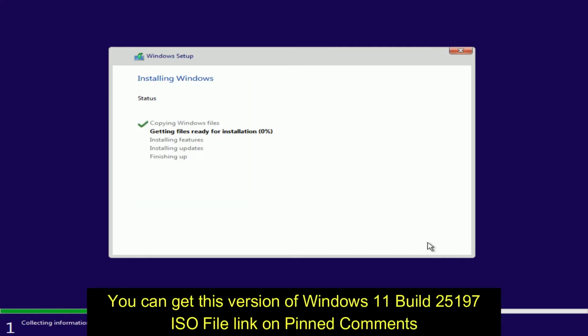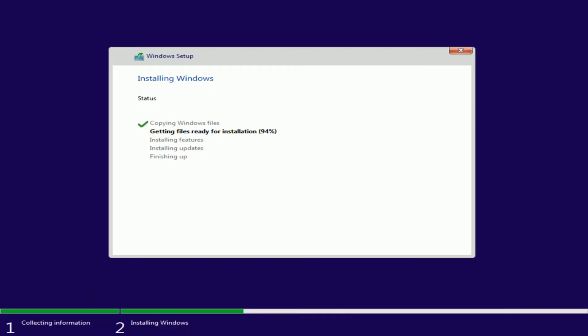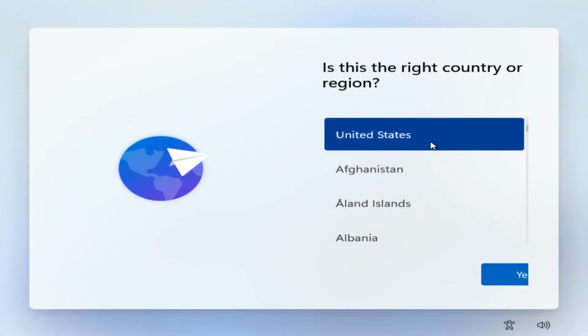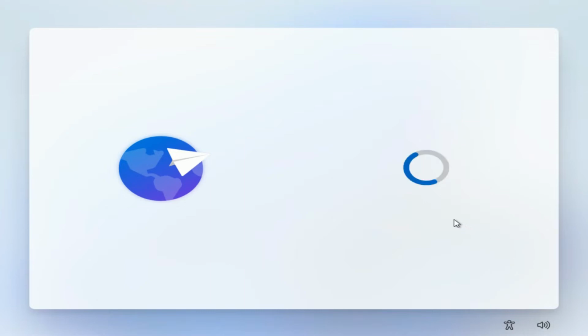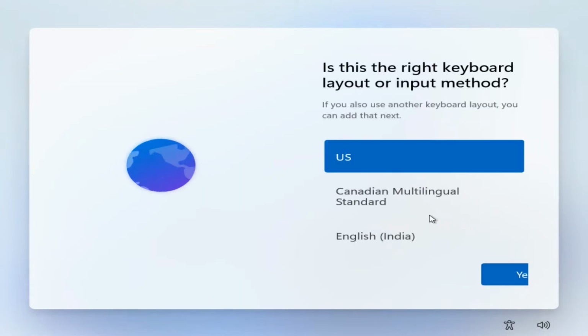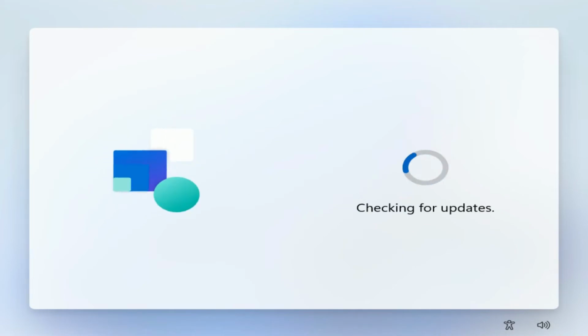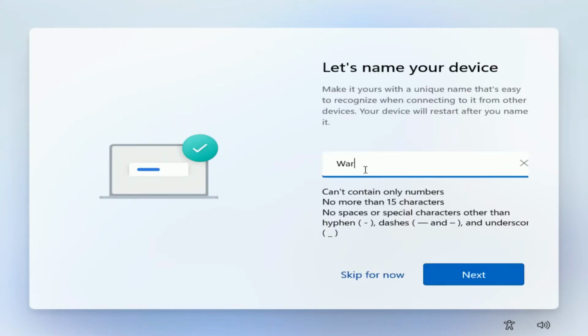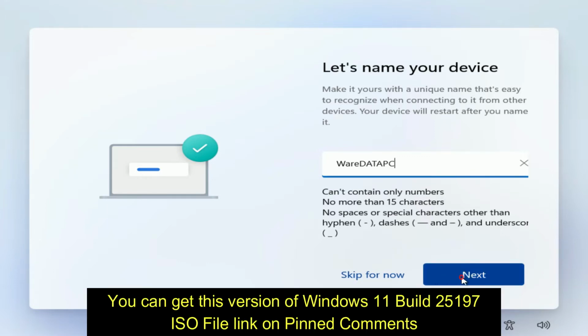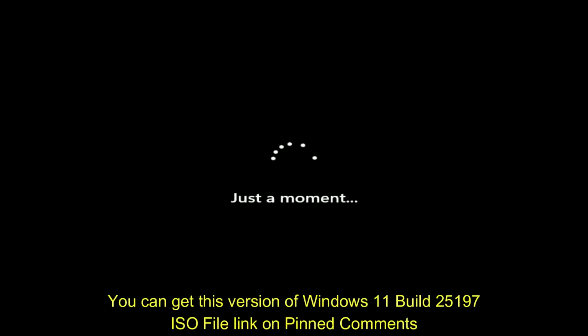Okay, this version of Windows is ready with a new tab on File Explorer, so it's very exciting for Windows 11 users. Here, we select country regions, and there is India also for this version of Windows, for keyboard layout. And type your device's name here. We can click next,